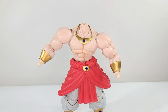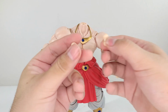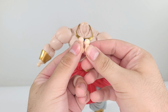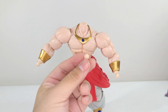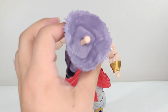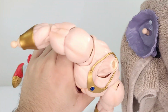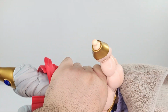Now, when it comes to putting the peg in, that's going to be probably a bigger issue, but at the same time, I think it's going to work a little bit better. So here's the longer peg, just to showcase the difference between the two. Actually, it's a slight difference. About half the ball peg, so that's actually a pretty decent amount of size. So this is why we have the Fenrir head right here. You're just going to attach this head right here, or put the actual peg into the socket. My towel fell. You're going to grab your towel, you're going to grab your BROLY, make sure that it's straight, put a little bit of shock oil, or even warm it up a little bit, and then just...